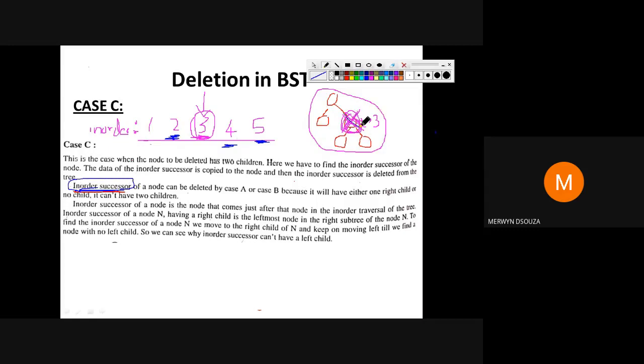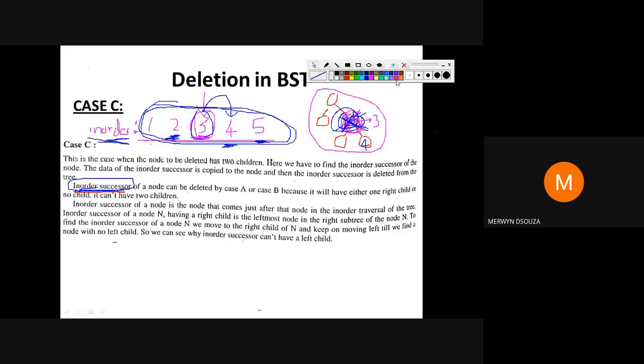So whichever node you try to delete, before you can do the deletion, what you have to do? Do the in order traversal. In the in order traversal, you will get some numbers, the traversal of it. Then you identify which node you were trying to delete here. Suppose it was 3, and the number following that will be the in order successor. So suppose this is that 4. Okay, just for our example, imagine that this is that 4 in order successor.